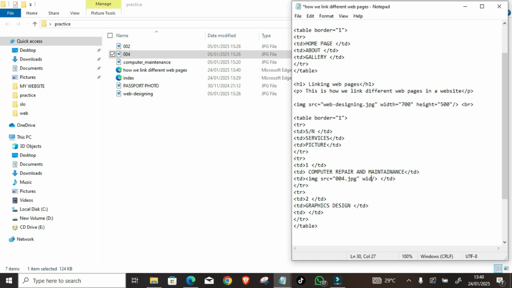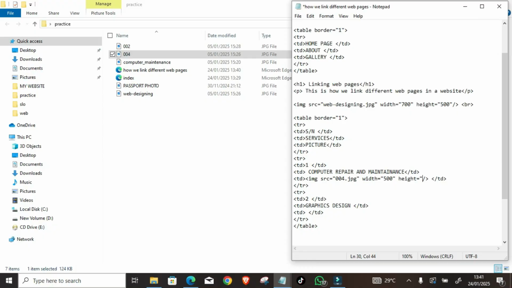the width. For example, we can say width. We want the width to be like the size of, let's say 500, just small in size, and the height to be something like, let's say, 700. So that is it. We save, and from here